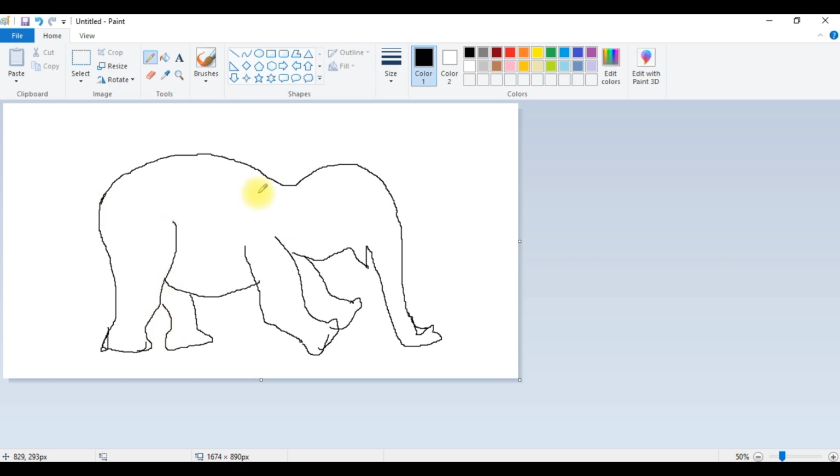So I draw some elephant playing. If you want to erase something and redraw, you can do it like this. You can erase like this, and you can draw it properly.